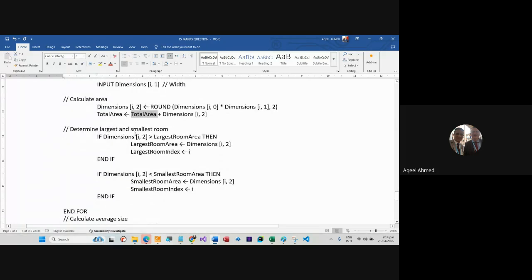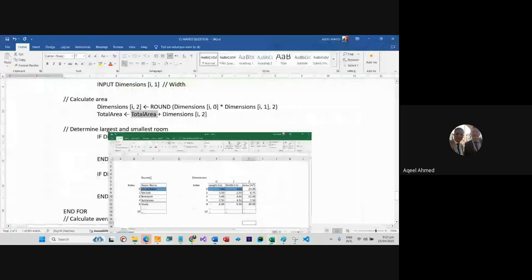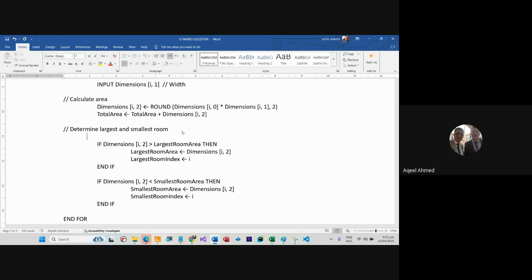उसके बाद हमें लार्जेस्ट निकालना है। अब लार्जेस्ट हमें किसमें से निकालना है, कौन सा कॉलम नंबर है 2, एरे कौन सा है डायमेंशन। तो यहाँ पर हम चेक करेंगे इफ डायमेंशन आई कॉमा 2 बड़ी है लार्जेस्ट रूम से। इसका मतलब ये है कि डायमेंशन आई कॉमा 2 की जो पहली वैल्यू है वो कितनी है, 20 है। क्या ये बड़ी है लार्जेस्ट रूम से, लार्जेस्ट रूम ऊपर मैंने -1 रखा हुआ था, तो 20 बड़ा है -1 से, कंडीशन इज ट्रू। उस केस में डायमेंशन आई कॉमा 2 मतलब ये जो लार्जेस्ट नंबर 20 है, जाके स्टोर होना चाहिए लार्जेस्ट रूम एरिया में,